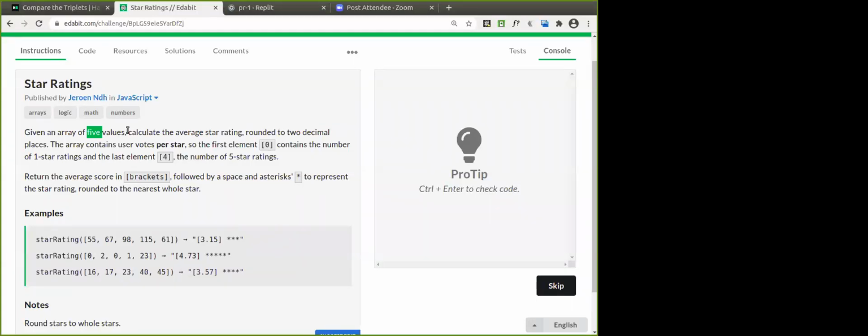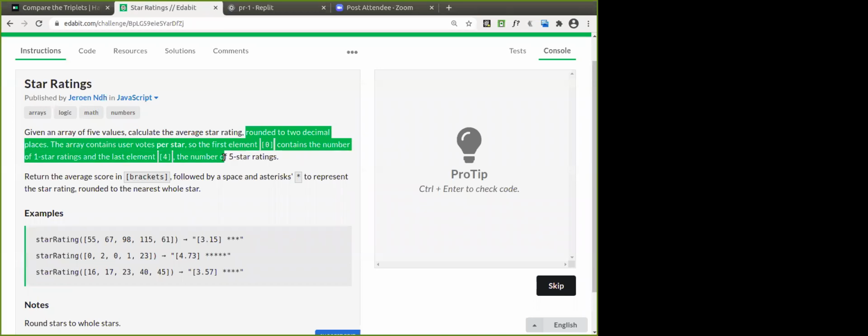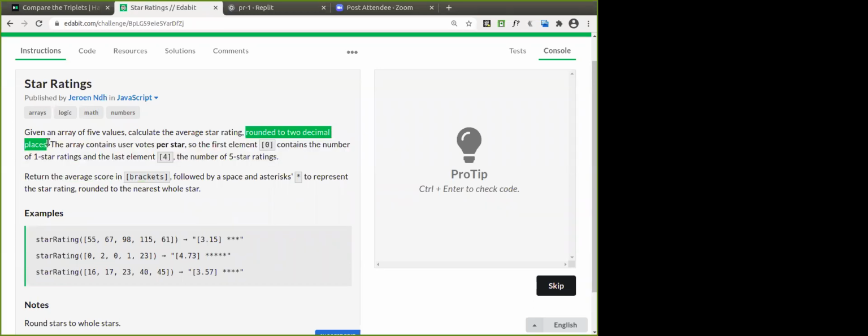Then calculate the average star rating rounded off to 2 decimal places. Okay, so it should be rounded off to 2 decimal places. Okay, fine.